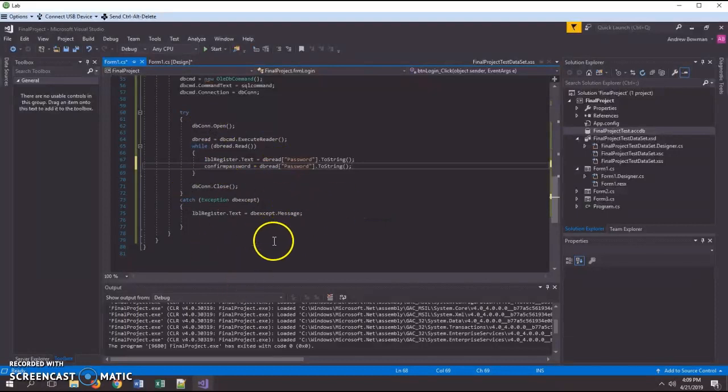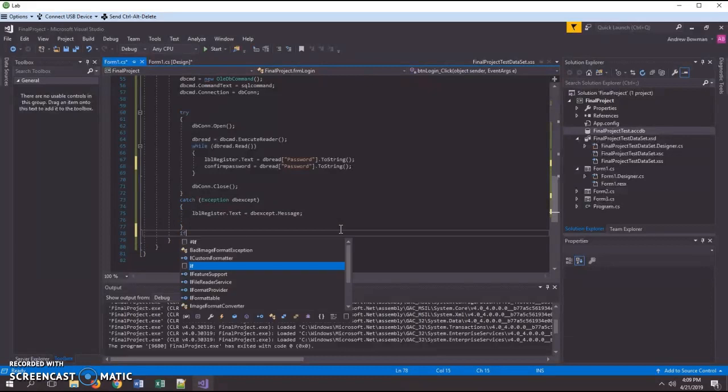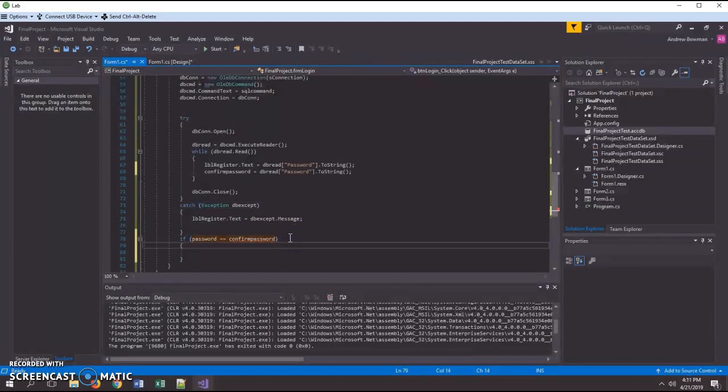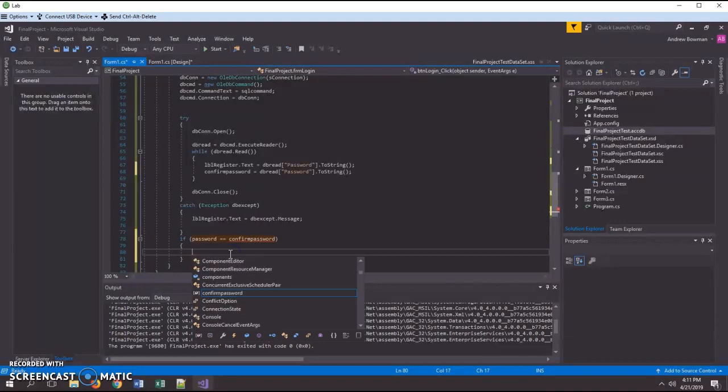It's going to run it through if there's any issues. And finally, you can do an if. And the if will say if password equals confirm password. Okay. Then what we're going to do is